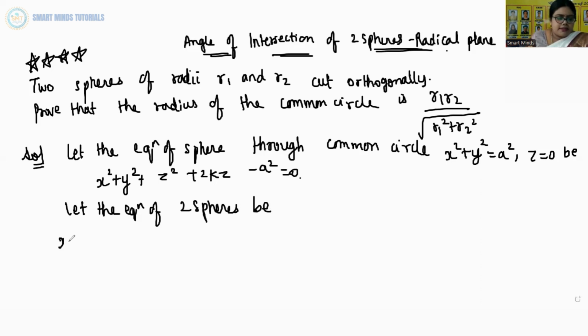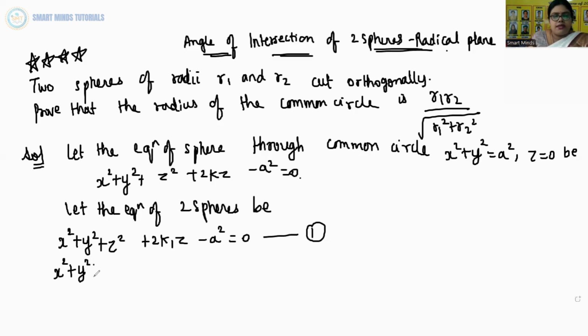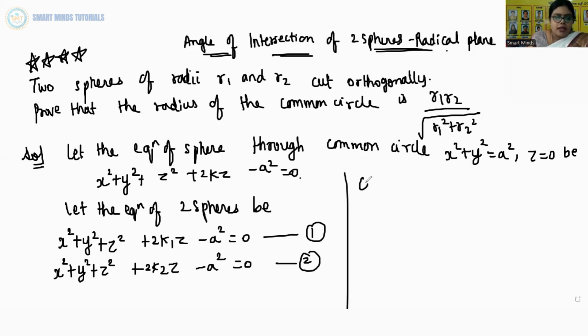Okay. Now let the equation of the two spheres be x square plus y square plus z square plus 2k1z minus a square is 0. Let this be equation number 1. And the second equation is x square plus y square plus z square plus 2k2z minus a square is equal to 0. Let's say this is equation number 2. Now comparing equations 1 and 2